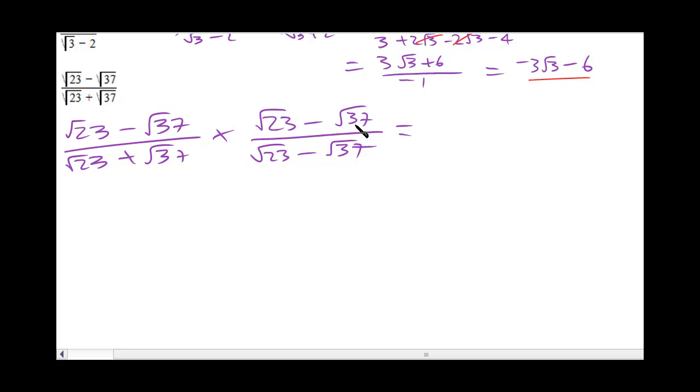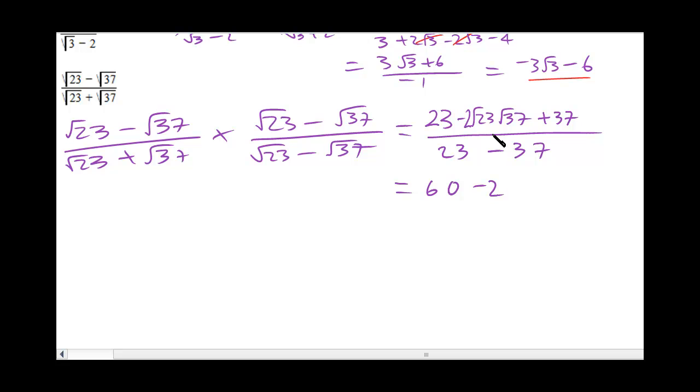On the top we're going to get root 23 times root 23, which is 23. And then I'm going to get minus root 23 times root 37. And I'm going to get two lots of that, because I'm going to get minus root 37 times root 23. And then I get minus root 37 times minus root 37, which just gives me plus 37. All of that over, by now you should realise you're just going to get that times that, which is 23, minus that times that, which is minus 37. So 23 plus 37 is 60,